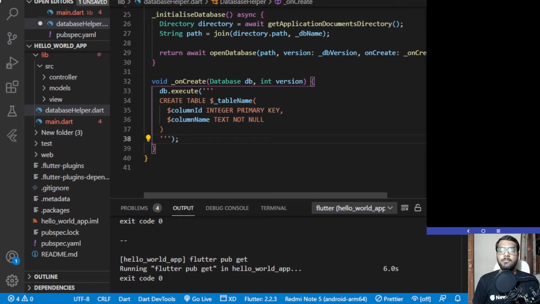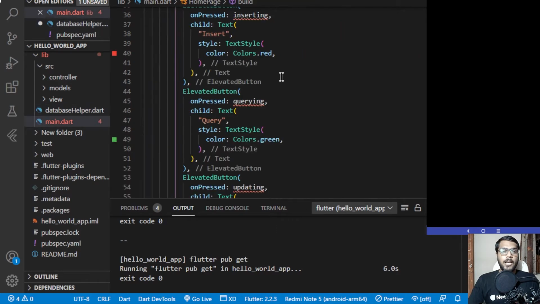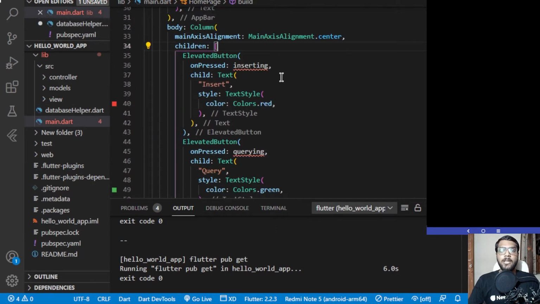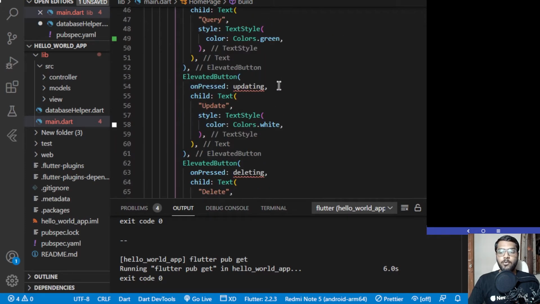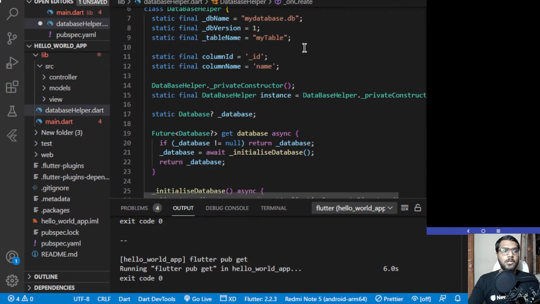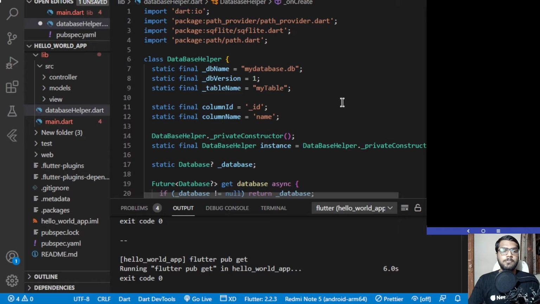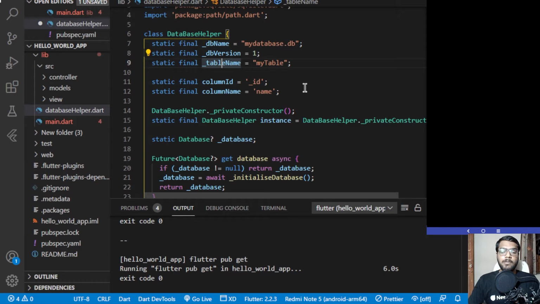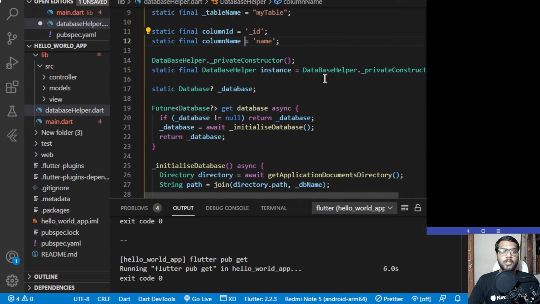So in the previous video I explained how you can create the database helper, and also we have created various different widgets which will be needed for us to create various different operations to interact with the database. We have created 4 elevated buttons, and we have also worked on creating this database_helper.dart file, which has the database name, the version of the database, the name of the table which we are going to create. It also has 2 columns, which we will be using in our database for storing the data, and a private constructor, and we have initialized an instance which will